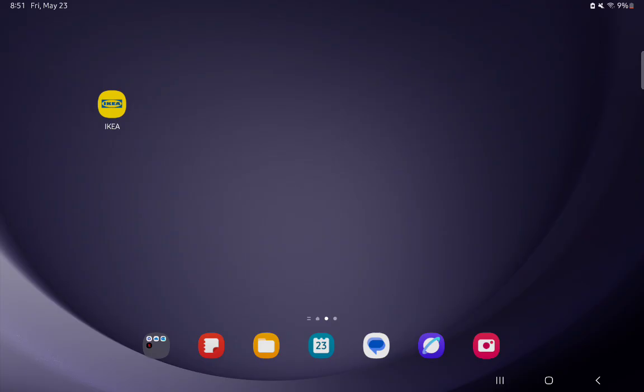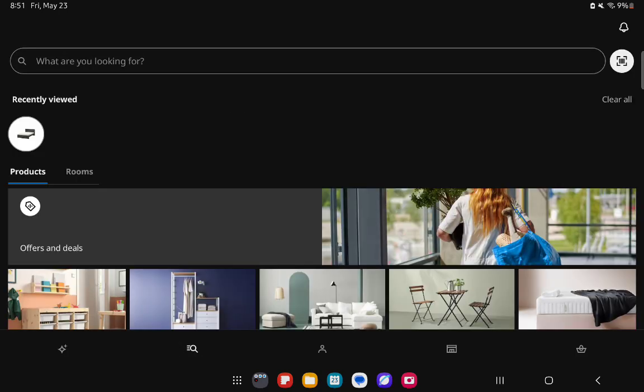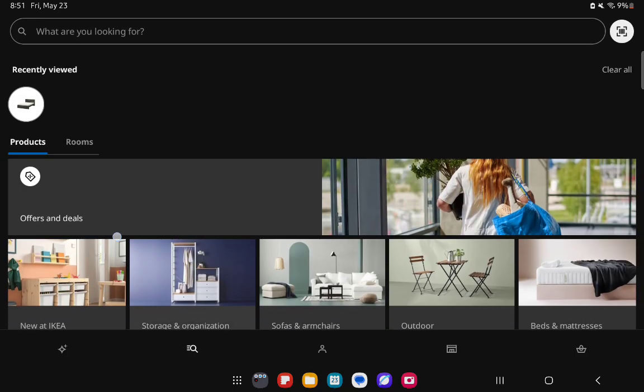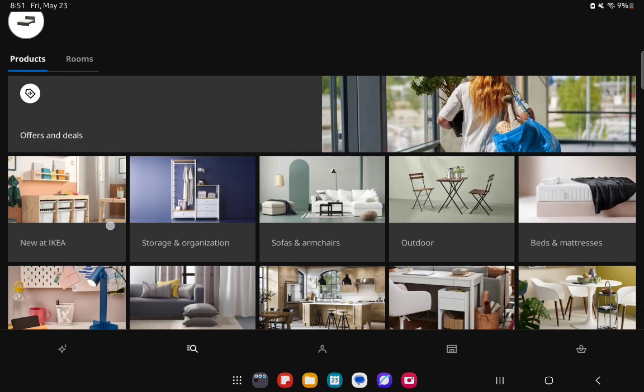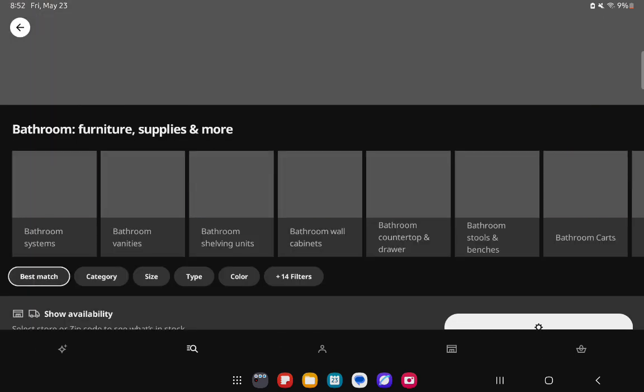The first thing you need to do is enter the app. Once you are done with that and you are in the home page, you can just look in the bottom of your screen and press on the search symbol there. Now here you can just find basically a product, or you can just press on a category here, and after